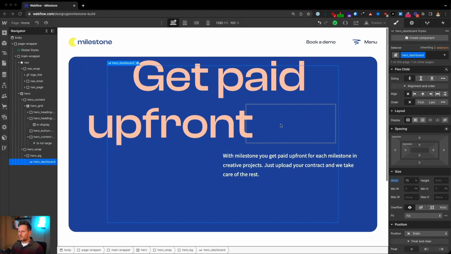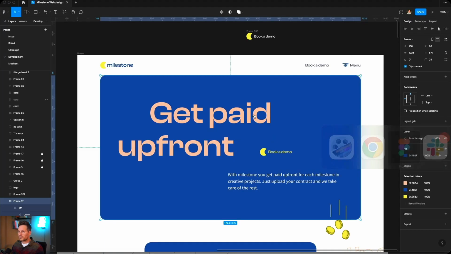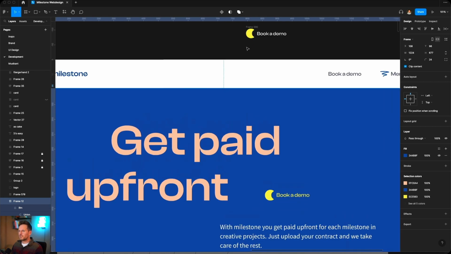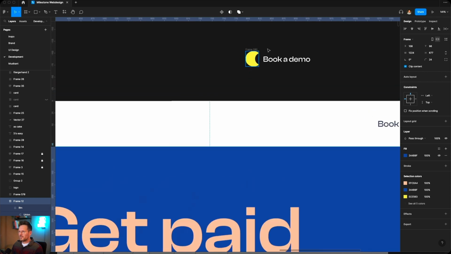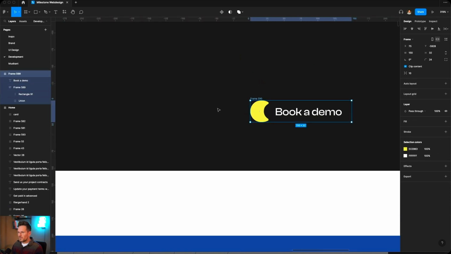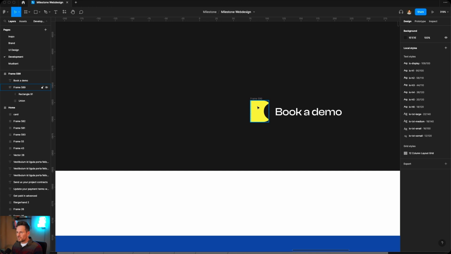Okay, let's start with the button. For the button, I've prepared something in Figma because yeah, the animation is a little bit tricky. So yeah, you can see here's the button and here's what I've prepared. So actually the button wrapper will be overflow hidden, and it will have a border radius. So if I turn off clip content here, you will see that this SVG of this half moon actually has corners here. And let's turn it on again.